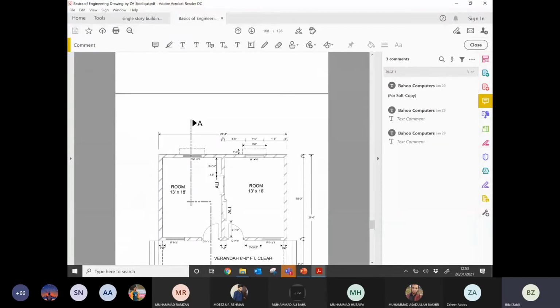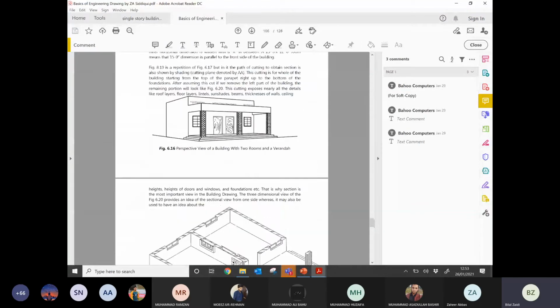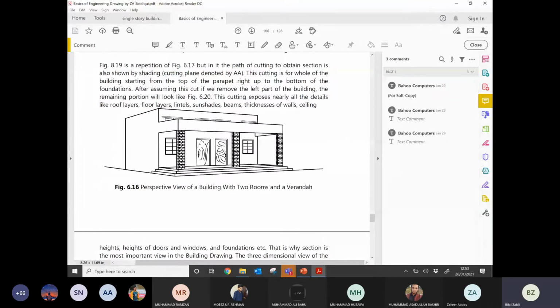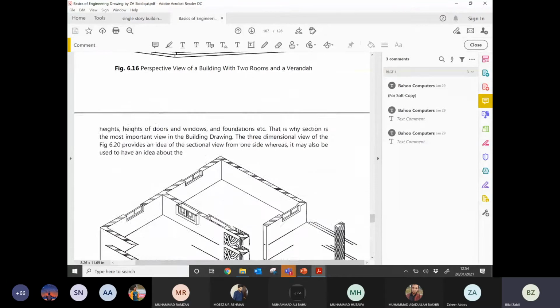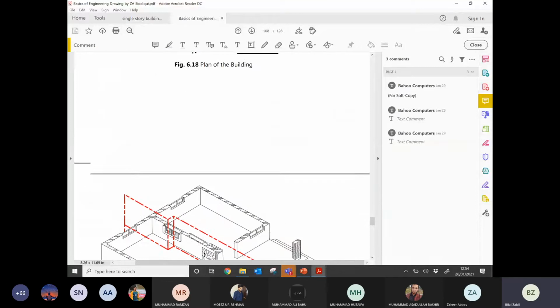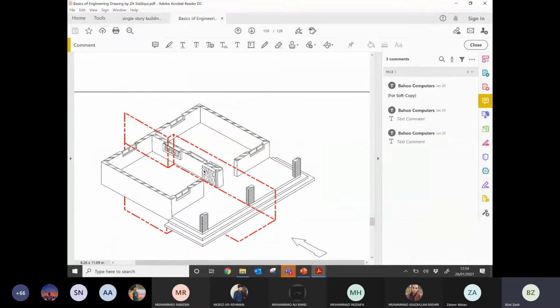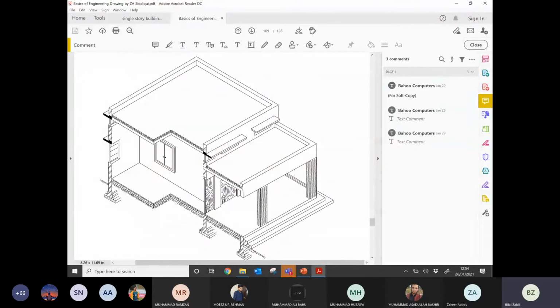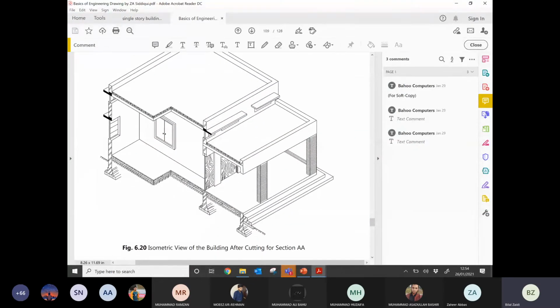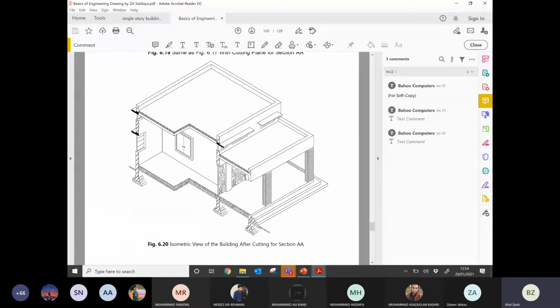But now if you cut this building vertically, if you have the same building shown in figure 6.16 and you cut it vertically instead of horizontally, you are imaginarily cutting this building vertically, and you are getting a view, for example, from this location shown with this red dashed line, as shown in figure 6.20.